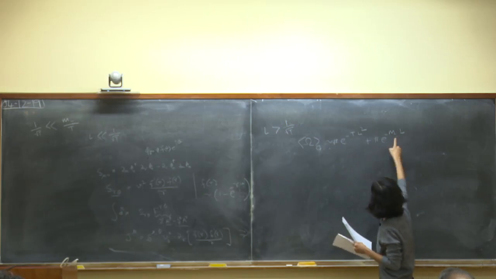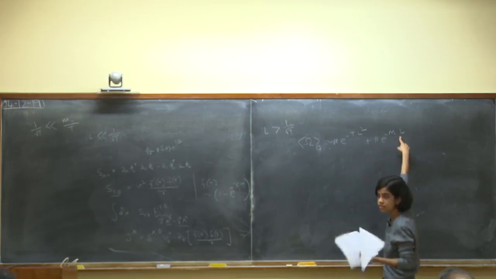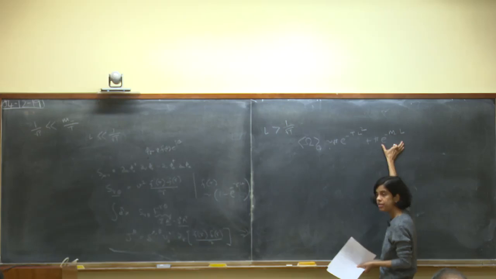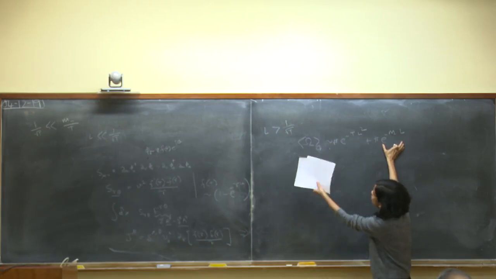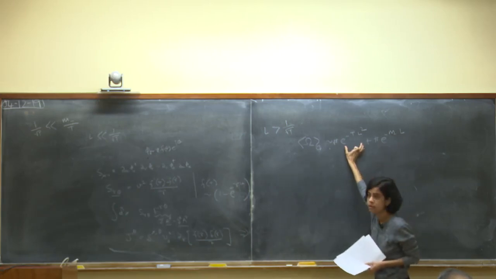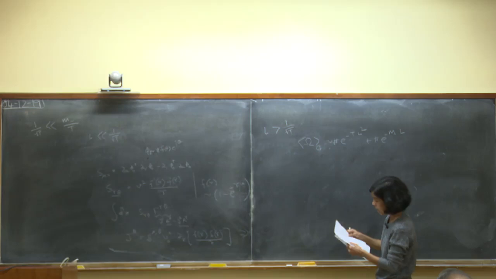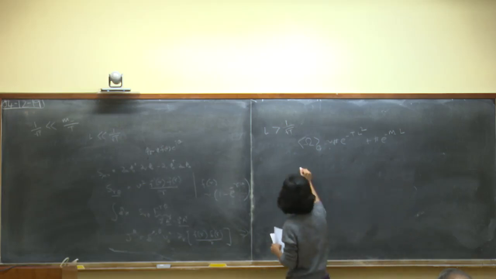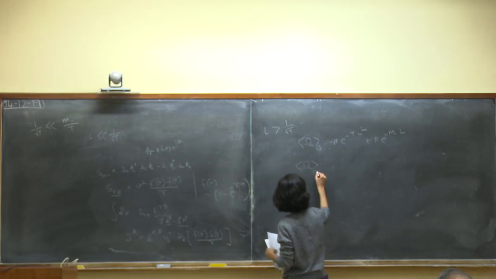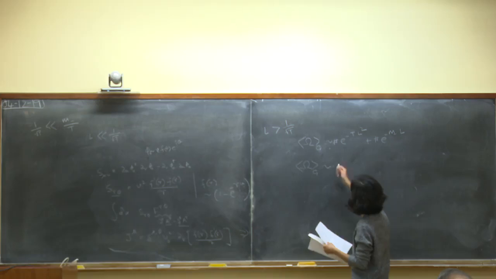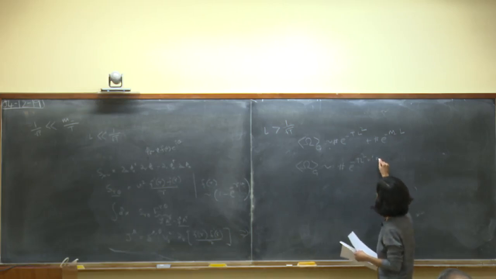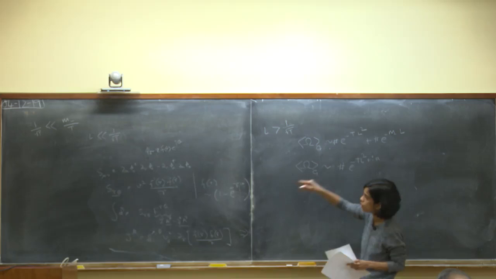So the way this works is the following. If L is bigger than your string breaking length scale, then this term dominates and you get perimeter law. And if L is smaller than the string breaking scale, then this term dominates and you get the area law. Okay. Now, what happens when you compute this around a vortex? I'm going to just give you the answer instead of, again, computing what it is. So it turns out that the area law contribution carries the magnetic flux corresponding to this term.